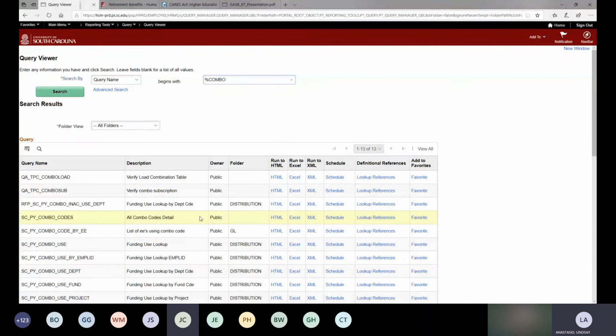SC combo codes. Okay, so Amanda, yes, you do have to be in HCM PeopleSoft, not Finance PeopleSoft. That's a good point. But Amanda, if this is a query that you don't have access to, we can reach out to you and make sure that you can get that role in HCM to have that access. I got your name listed here, Amanda. You're welcome. Okay. All right, we good?